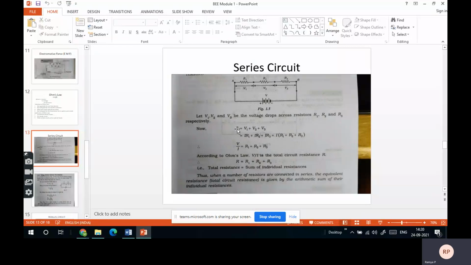So what is this V? I have V on the LHS side. I will take I to the left side, V by I. Again apply Ohm's law: R equals V by I. Hence, this is nothing but your resistance. So in a series circuit, if they give n number of resistors connected in series, and if they ask you to find the total resistance or the equivalent resistance of the circuit, you can simply add up all the resistances and give the total resistance. This is a point you have to remember.